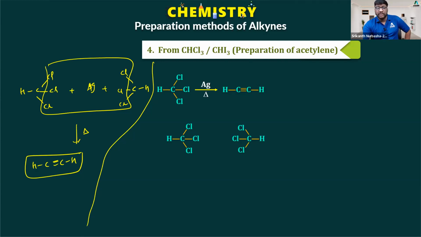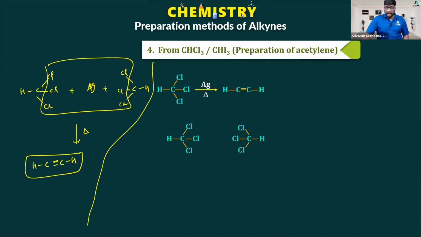Okay, these are the methods of preparation of alkynes, and alkynes also have different types of reactions. What extra type of reaction will alkynes show when compared to alkenes? Can we think of it? Alkynes, because of the presence of pi electron density similar to alkenes, will show addition reactions. That is true. But except